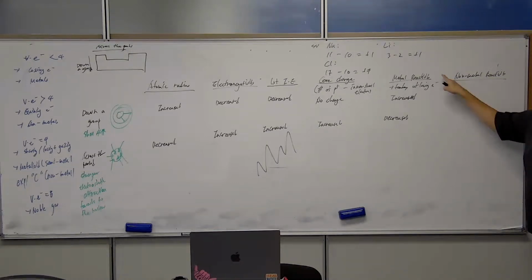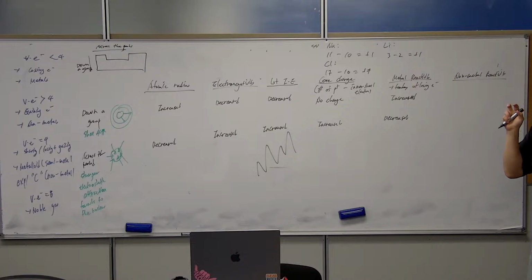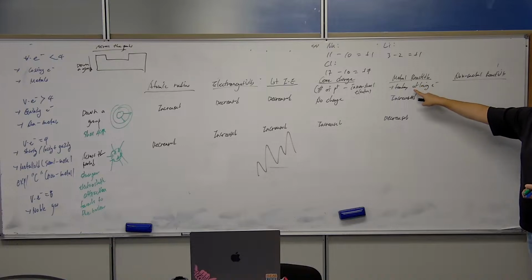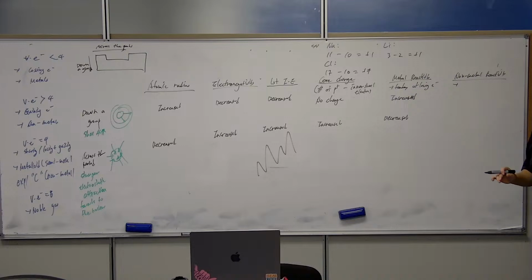Do not confuse these 2 points. The reason why I don't like to use the word reactivity in chemistry is because we have a few different chemicals with very distinctive chemical properties. Metal reactivity tells you the tendency of losing electrons, which means that non-metal reactivity tells you the tendency of gaining